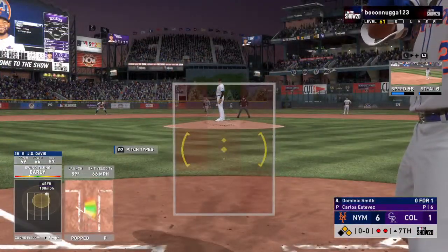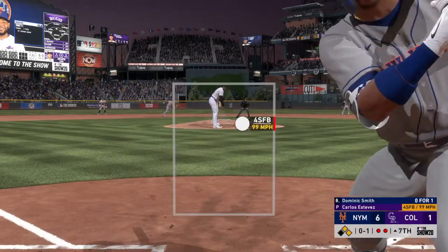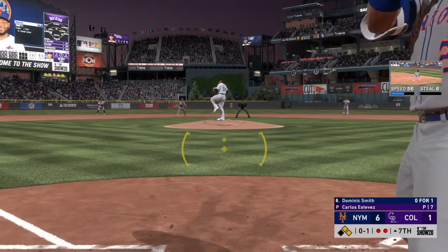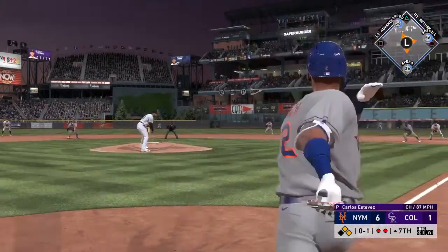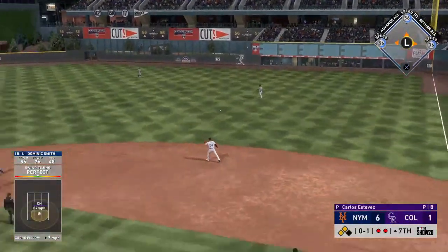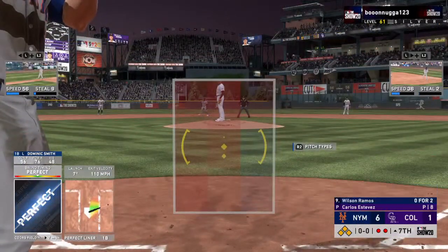At the plate, Dominic Smith. 2 outs and 2 runners aboard here in the 7th inning. In there, no balls and a strike. 0-1. Into right field, that's a base hit. And they'll put the brakes on that runner at third, and that means the bases are loaded now with 2